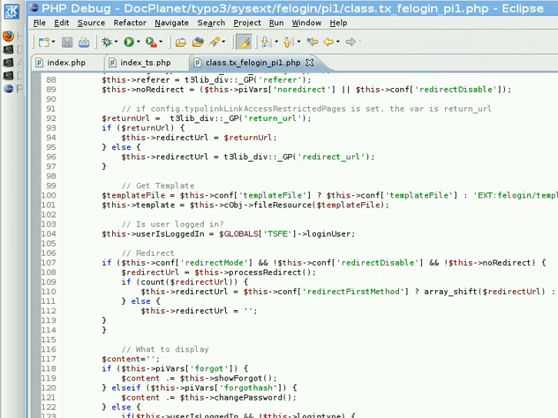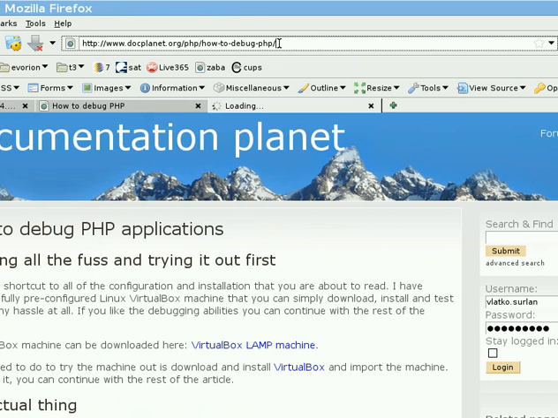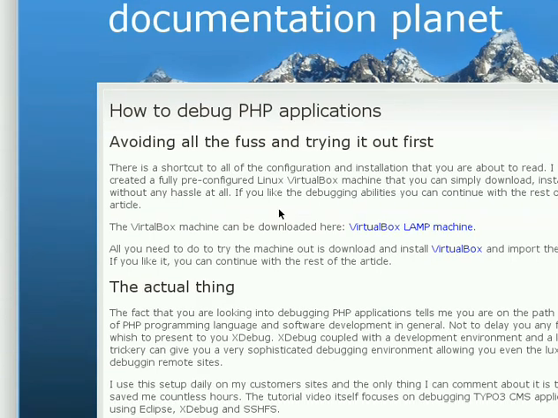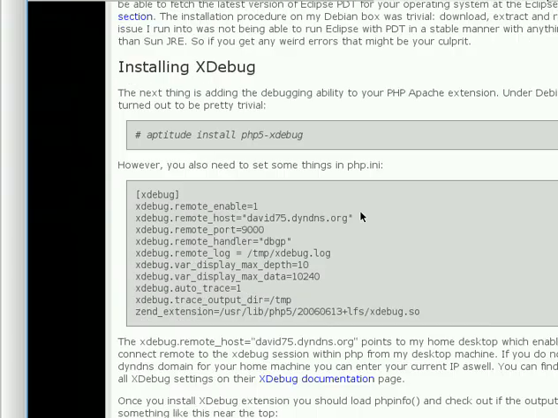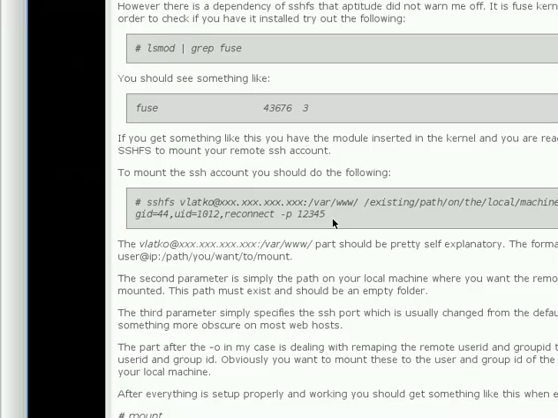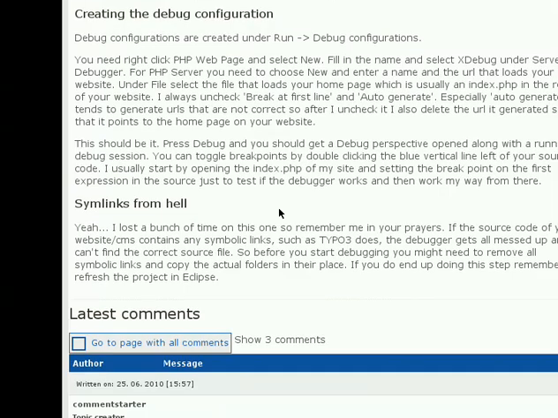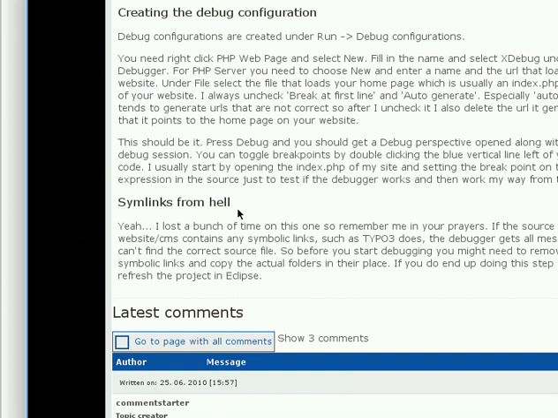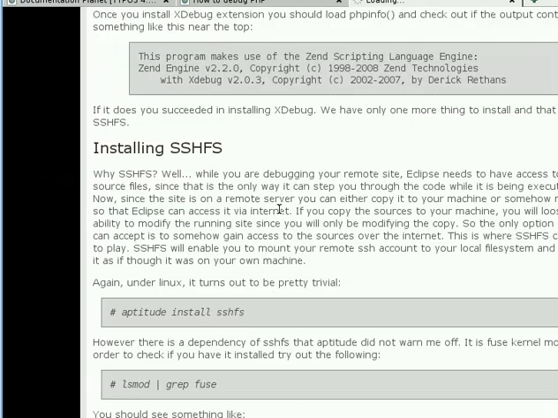So once again, I want to point you to the blog post, or actually an article, however you want to call it. This is where everything is set up. Installing Eclipse, installing XDebug, installing SSHFS, mounting the remote SSH connection, creating the debug configurations, symbolic links issue. It's all here. So yeah, go here, read it, set it up, try it out,